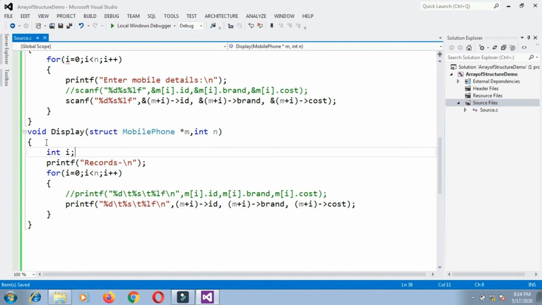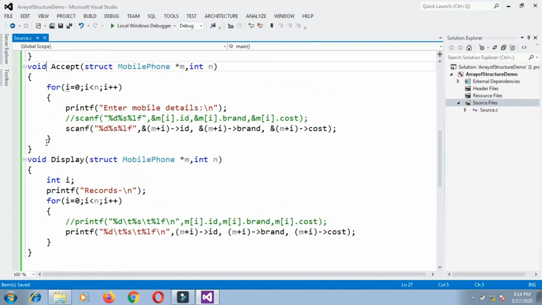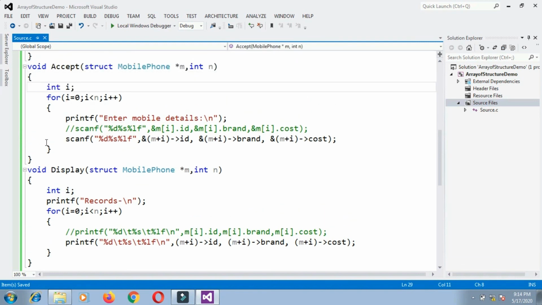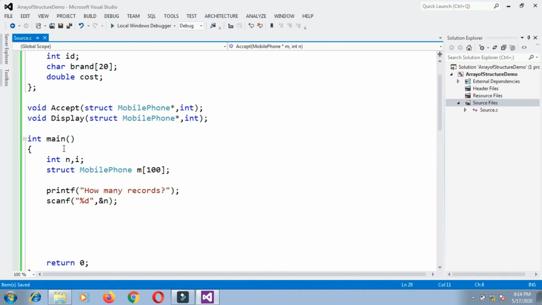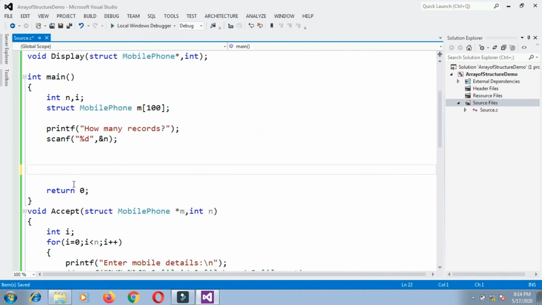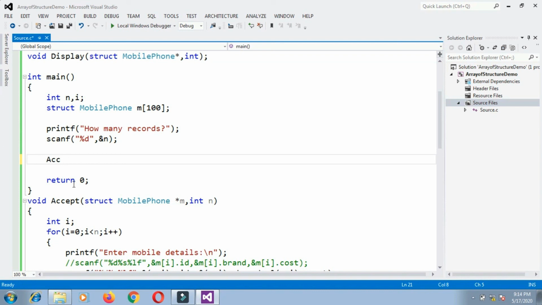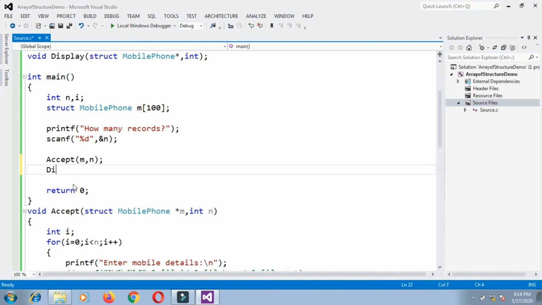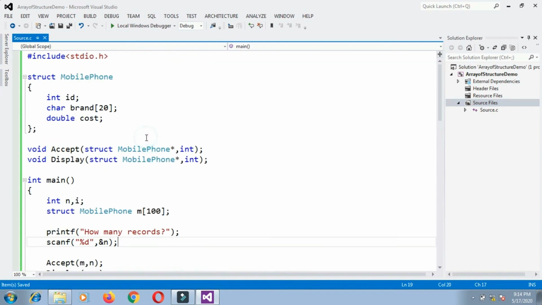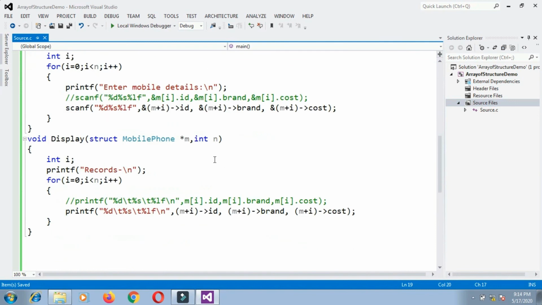So int I here, same thing I will write in the accept function, int I here, and now in the main function I will call accept and display. So here it will be accept. To the accept I will pass m comma n, and for display also I will pass m comma n. Yes, now I think the code is complete, so let's run.